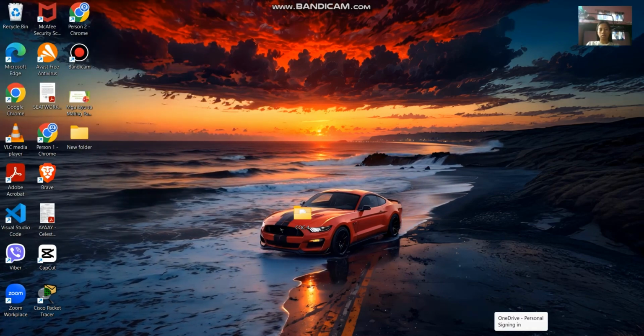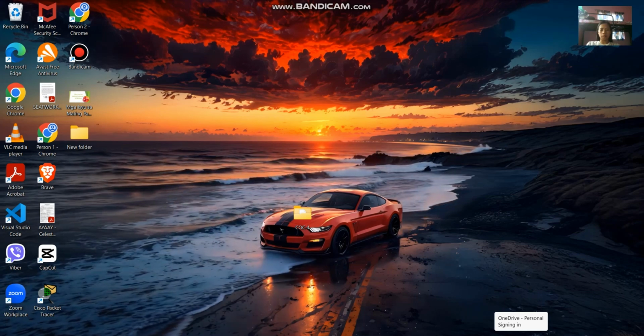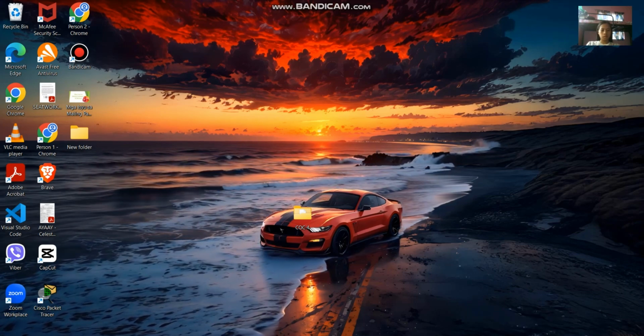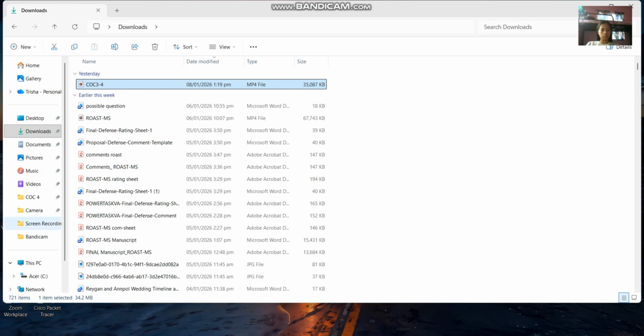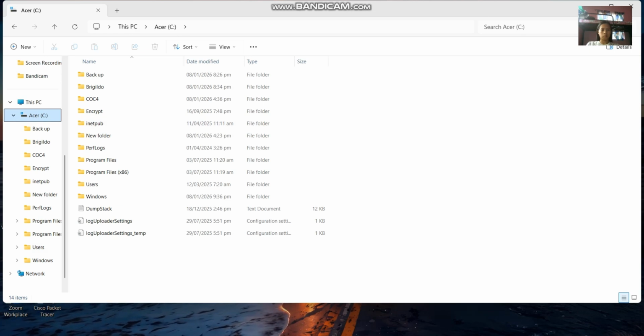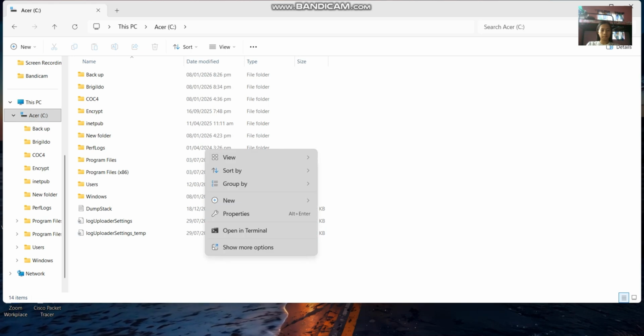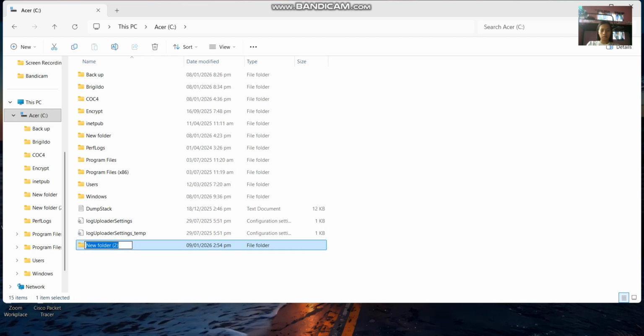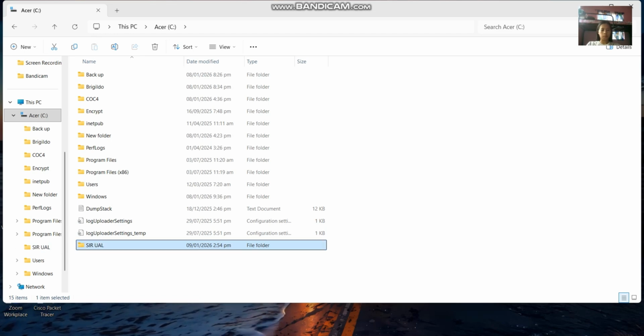And for our COC4, so we have the backup and restore. So first, creating a folder to our local disk. So we create a folder here. For example, lalagay natin is your OWAL file.